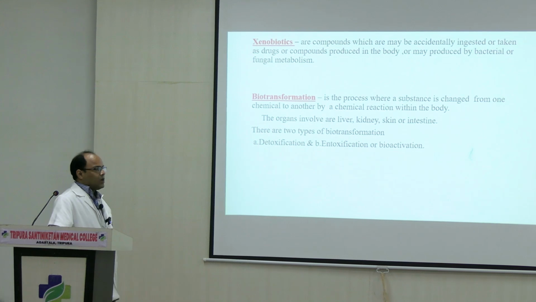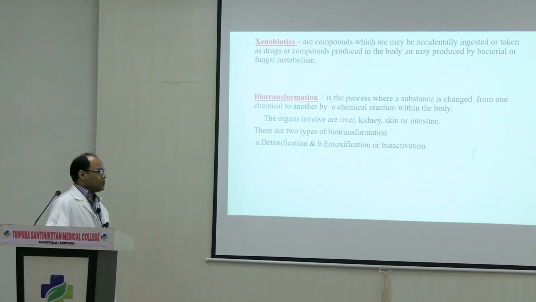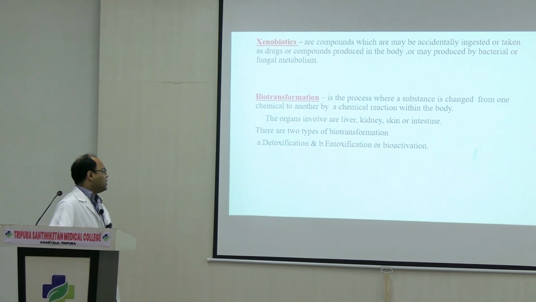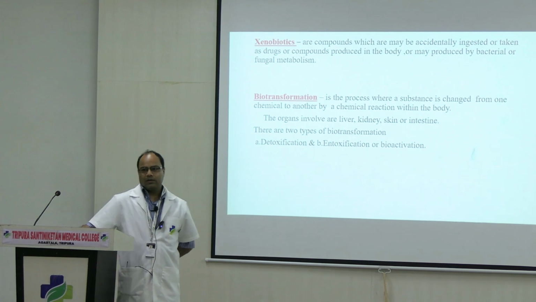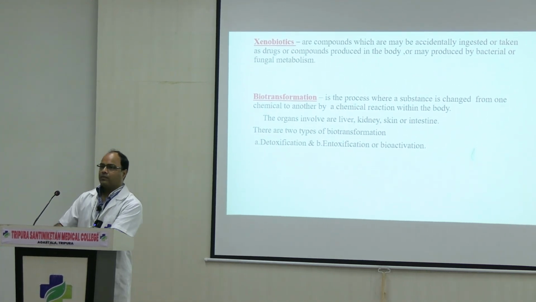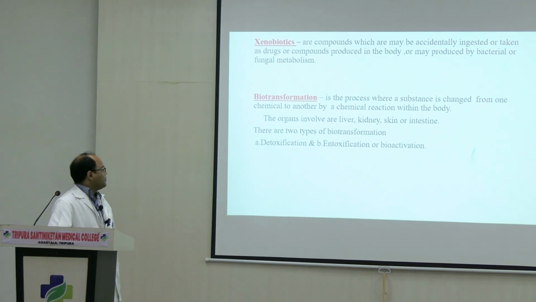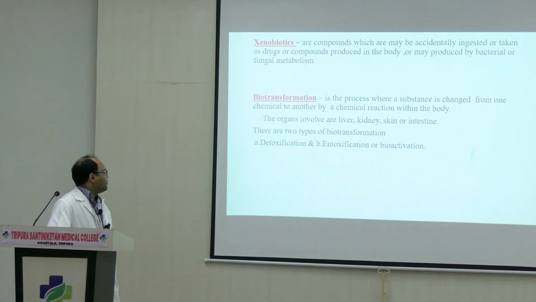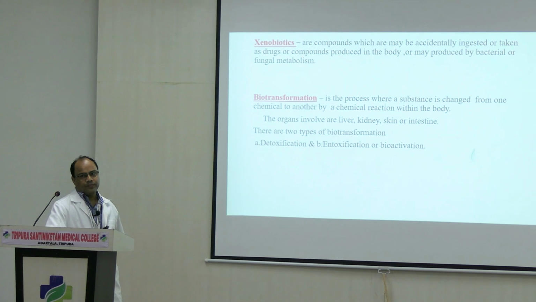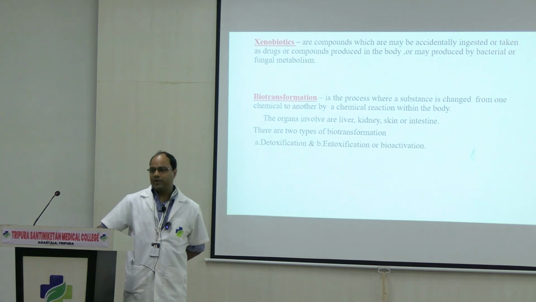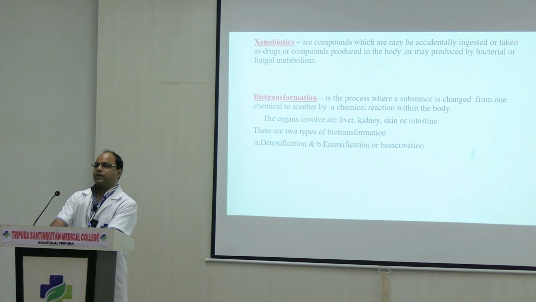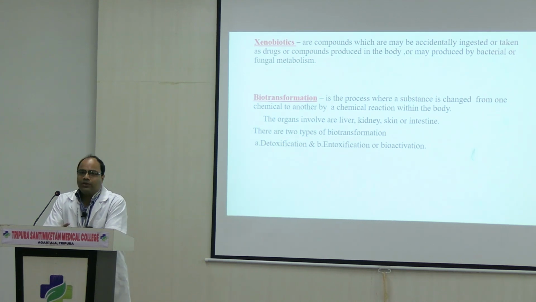Understand? So what is biotransformation? This is a process where a substance is changed from one chemical to another by a chemical reaction within the body. The organs involved are the liver, kidney, intestine, or skin. There are two types of biotransformation. One is detoxification, where a toxic substance is detoxified. Another is intoxication or bioactivation, where a chemical which is actually non-toxic becomes toxic after transformation,